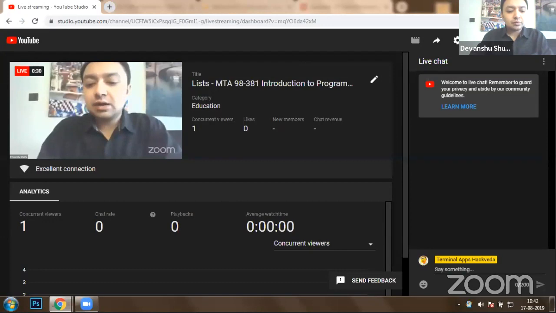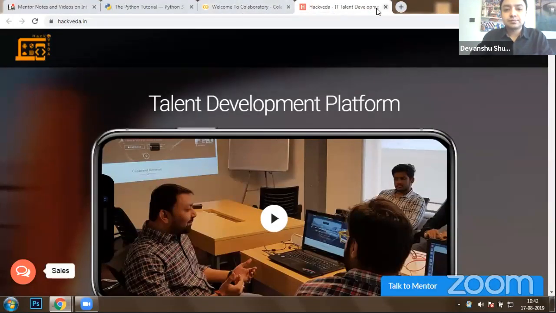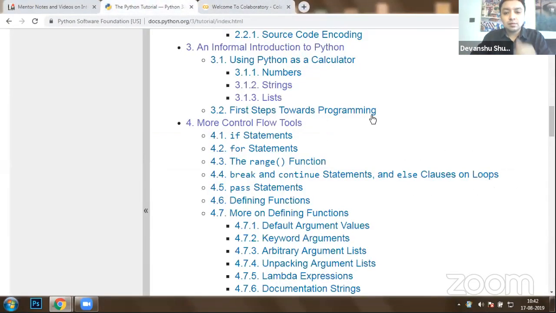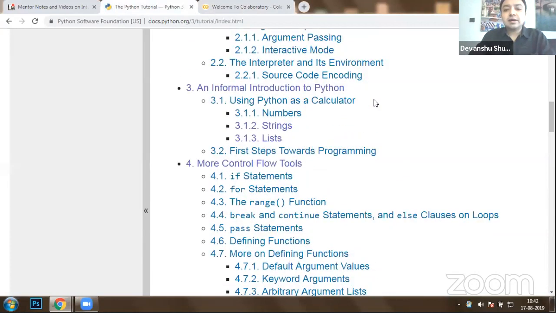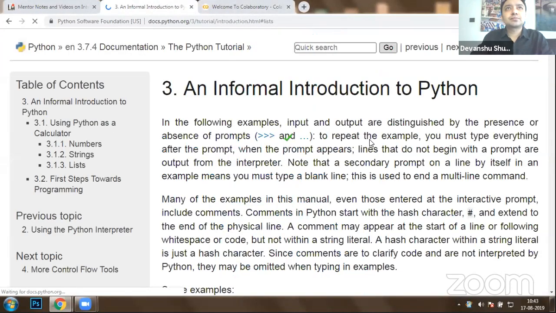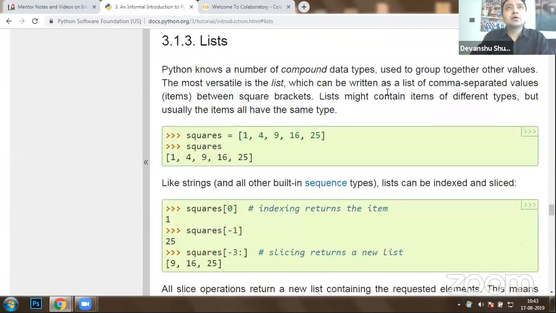So now, when it comes to programming using Python, under the informal introduction to Python on our website docs.python.org, in the tutorial, we are going to implement this section wherein you are going to cover list operations. Okay, let's get started with this. So when I click on lists, as you all can see here,